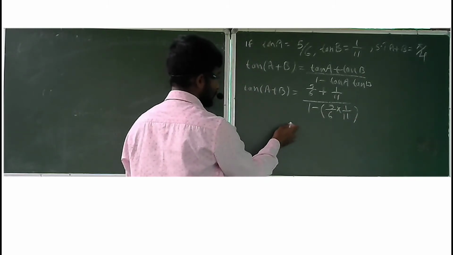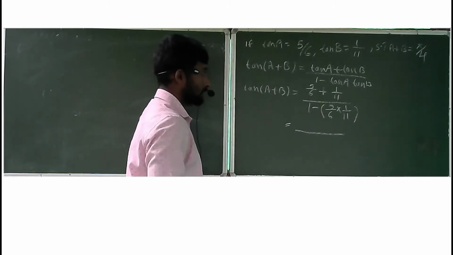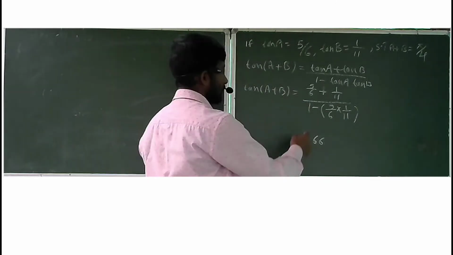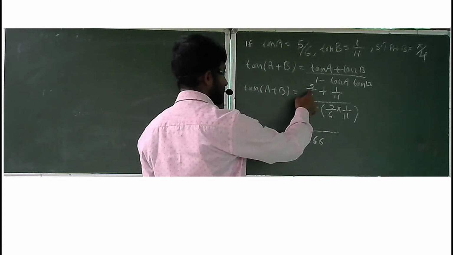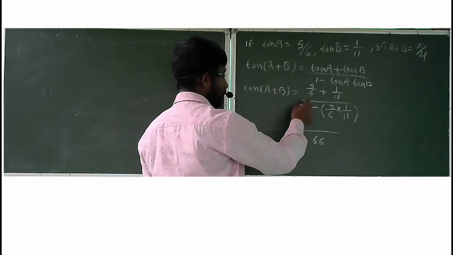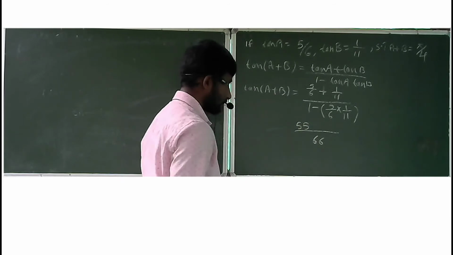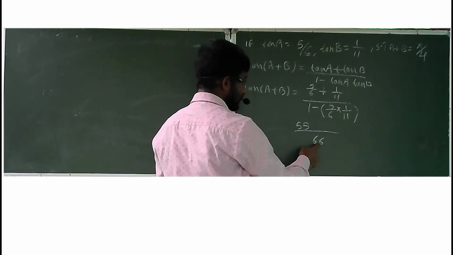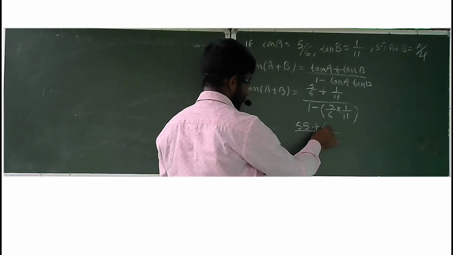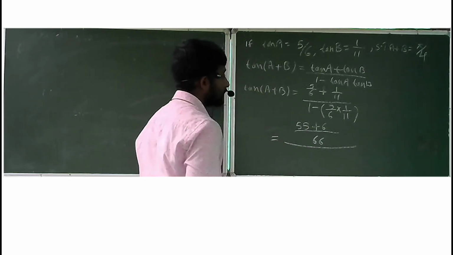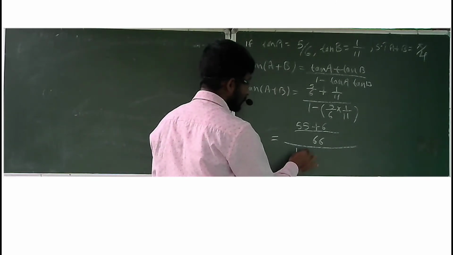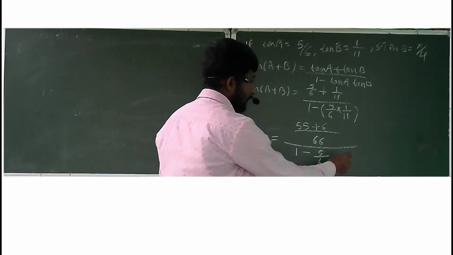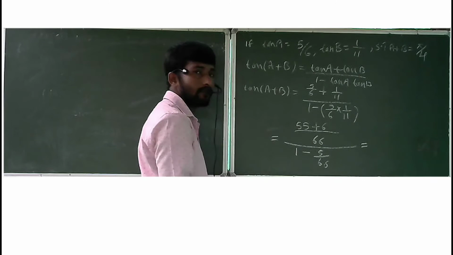Simplify this one. It's equal to, here take the LCM. What's the LCM? 66 is the LCM. Okay. Then see, 6 elevens are 66, right? So you need to multiply 11 to the numerator. You will get 11 into 5 is equal to 55. 11 sixes are 66. So here you need to multiply 6. Whole term divided by, simplify the denominator, you will get 1 minus 5 divided by 66. It's equal to, see, 55 plus 6, it's equal to 61 by 66. Whole sum divided by